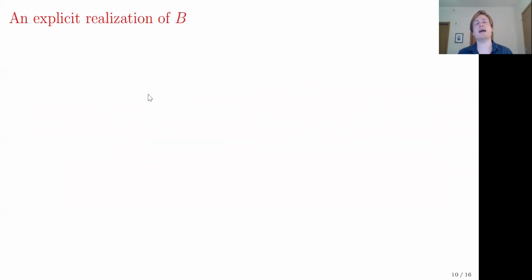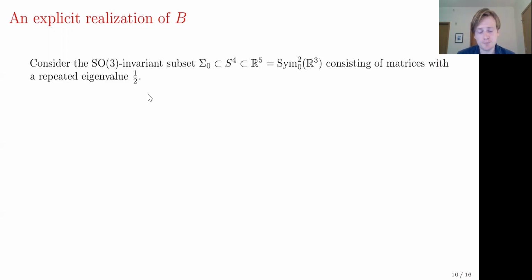Okay. So our definition of B was perfectly reasonable, just some homogeneous space, but it's not especially good for thinking about B concretely. And it's not especially good for thinking about submanifolds. So the next thing that we'll talk about is an explicit realization of B, as a set of objects acted on by SO5 with stabilizer SO3. So we'll think of B as a space of certain surfaces in S4. So we'll start by saying, I can think of S4 as the unit sphere inside the space of symmetric traceless